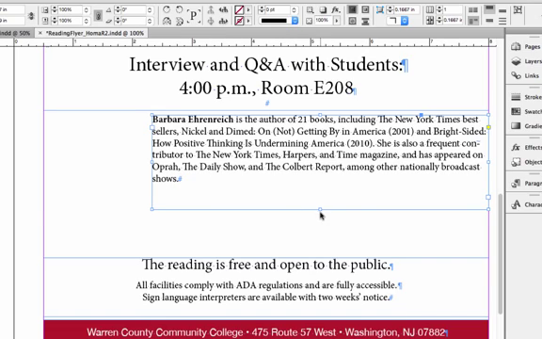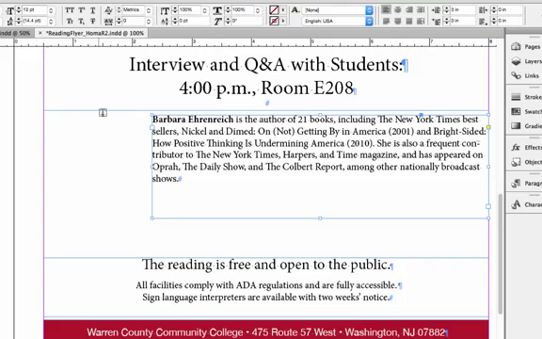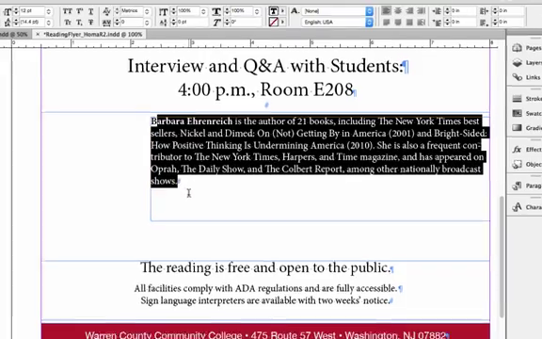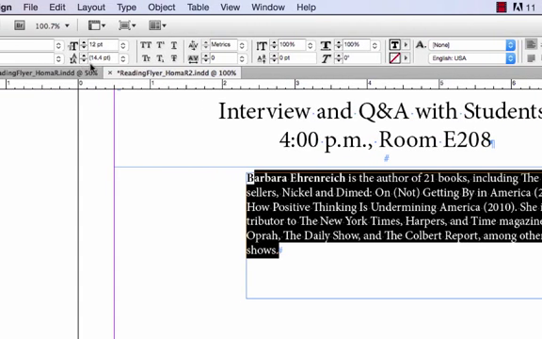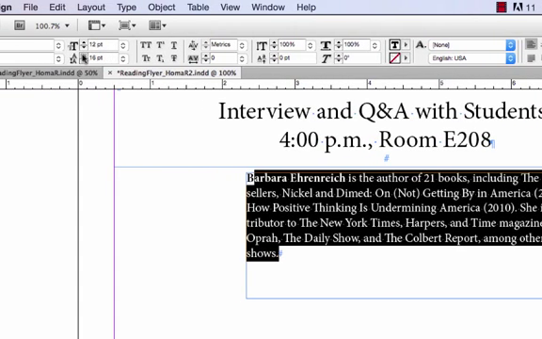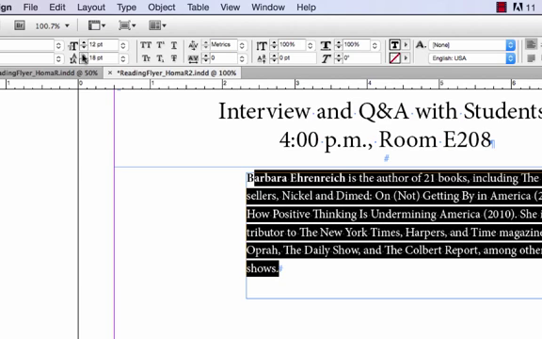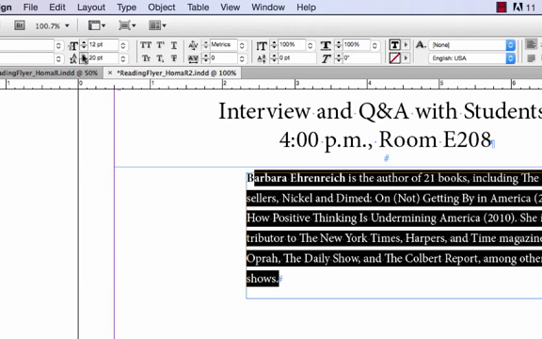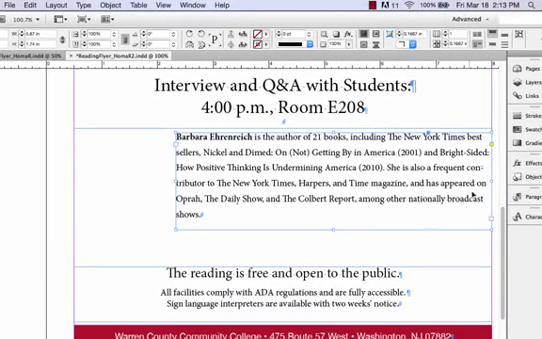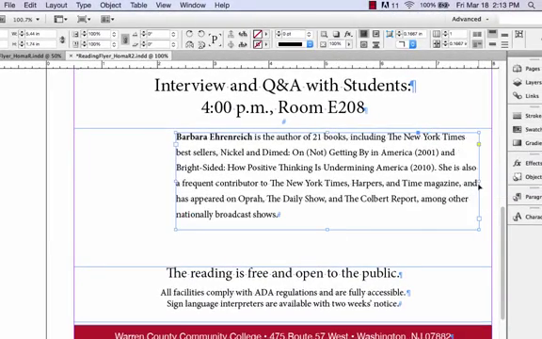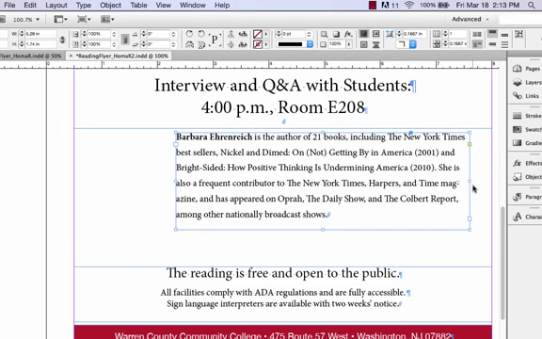But another thing you might want to do, it's 12 point right now, and so it doesn't look so cramped, is if you highlight this whole paragraph that we're working on and change the leading. Here's our leading, it's 12/14. We might want to just click up and maybe take it down to like 18 or 20 even. And that just gives a little more lightness to that, and makes it look a little more like a featured area. And you might have to tweak this to adjust the line spacing, or not the line spacing, but the